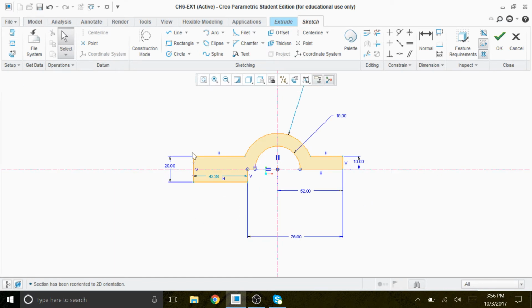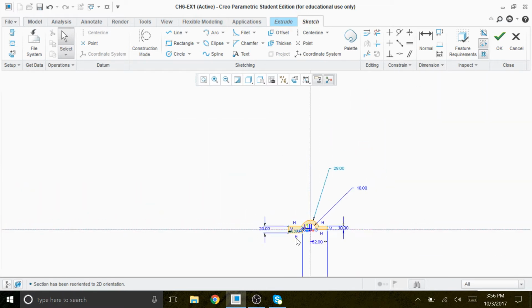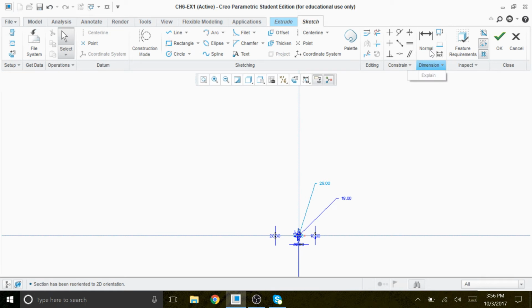So this is 20, and we wanted to give a dimension that is a total dimension, maybe from here to that line. This here. Okay, let me see. This one normal or the